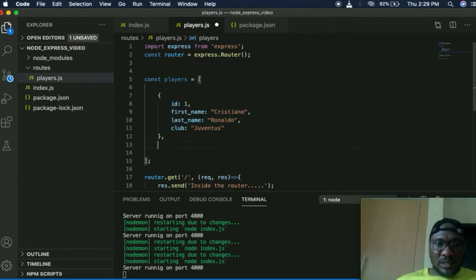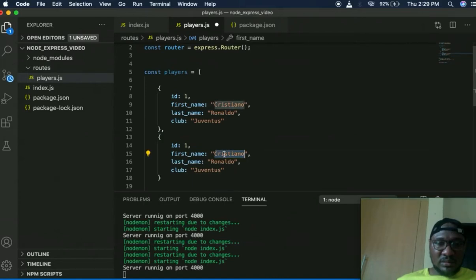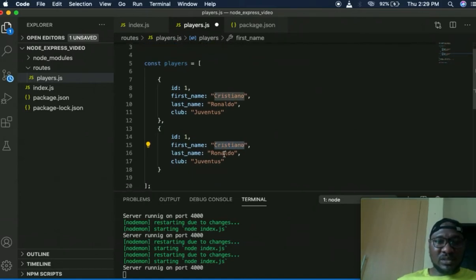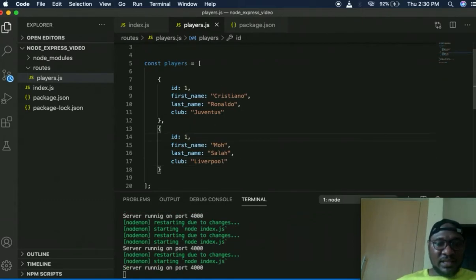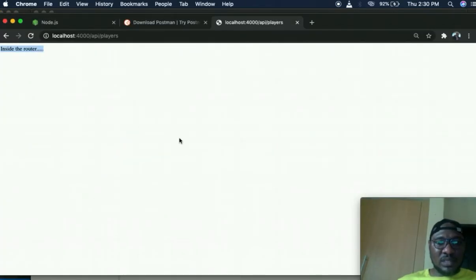And then let's create another player. Let's give me another player name. Let me just say Henry or Mo Salah, club Liverpool. Alright, and then when we save it, okay, ID here is going to be 2. So when we save it and go back to our browser and then refresh,